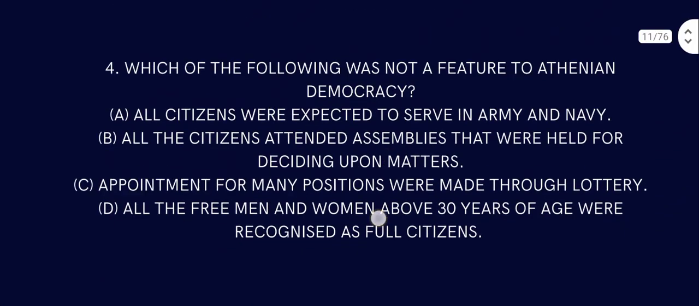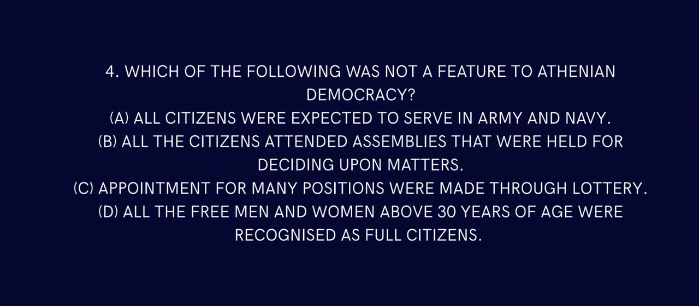Then comes question number 4. Which of the following was not a feature of Athenian democracy? The democracy of Athens. Option A: All citizens were expected to serve in the army and navy. Option B: All the citizens attended assemblies that were held for discussing and deciding upon matters. Option C: Appointments for many positions were made through lottery. Option D: All the free men and women above 30 years of age were